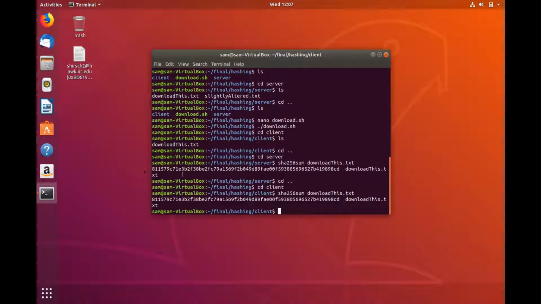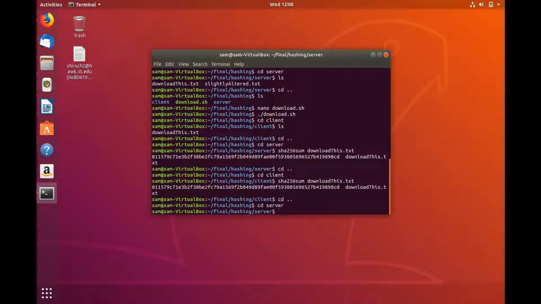Now, looking at these two, you might think it's going to be impossible to tell if these are the same. We could put this into a little Python script just to see if the string is the exact same. There's some built-in functionality to all of these hashing algorithms that lets you check two different files. But just to display the power of hashing a file, if I go back to the server,